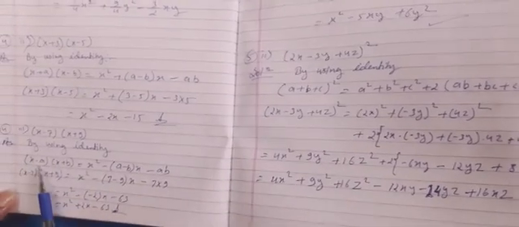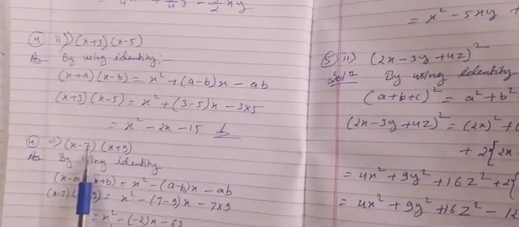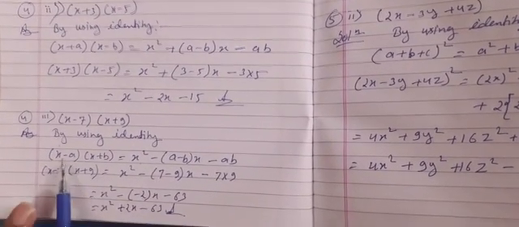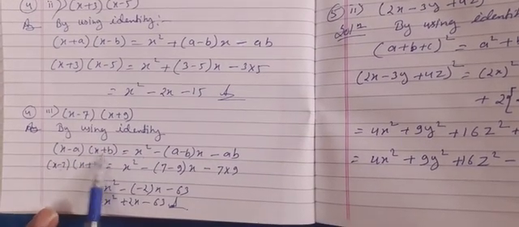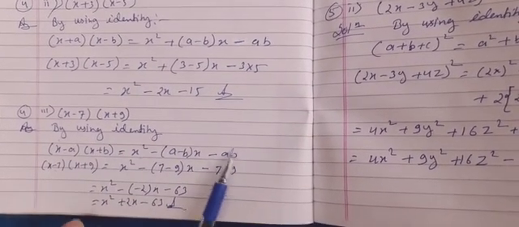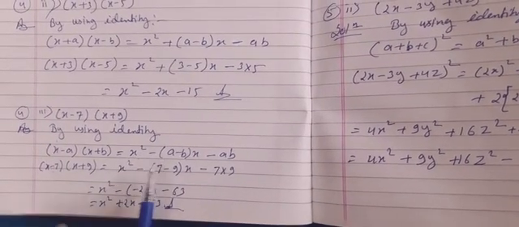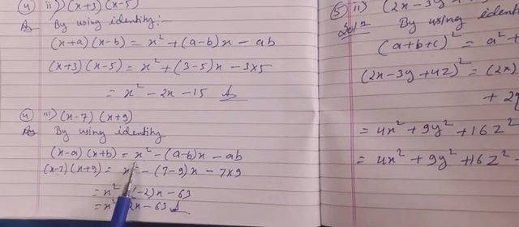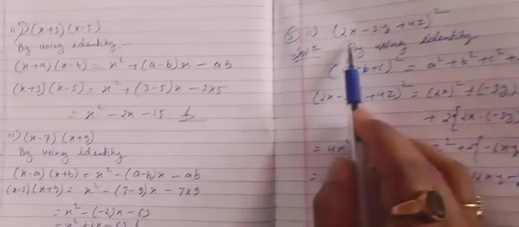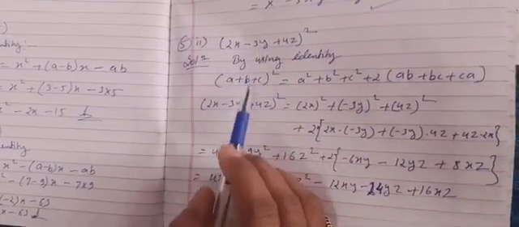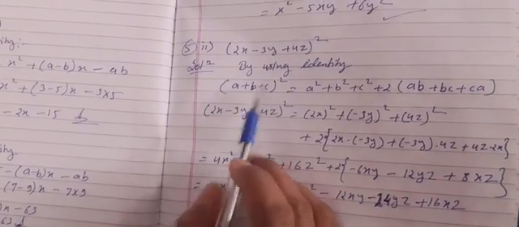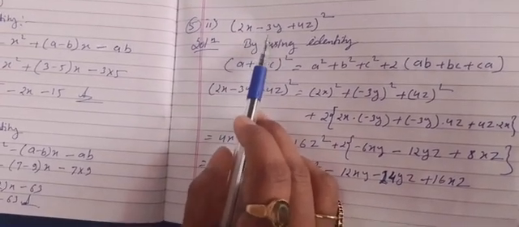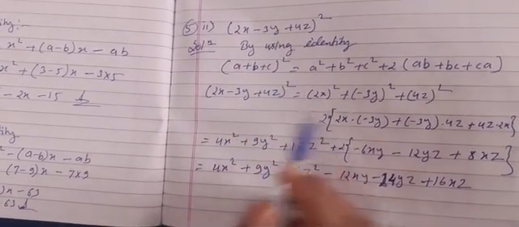Now don't be confused. You see this question, here is minus 7 as a, but we haven't used minus 7, we have used only 7. Why? Because the formula is the same as the question is given. Already this minus is used during making of this value. Okay, I hope it is clear. When your question and your formula are all similar, then you will put the values directly. But when you see that there is a change in the formula and in the value, like here is a plus b plus c, so whenever we use the value of b, we can't write 3y, we have to write down minus 3y. I hope now it is clear what I want to explain to you.